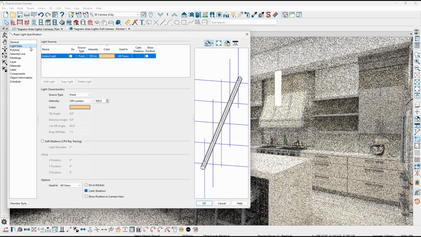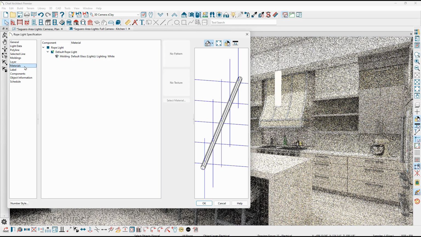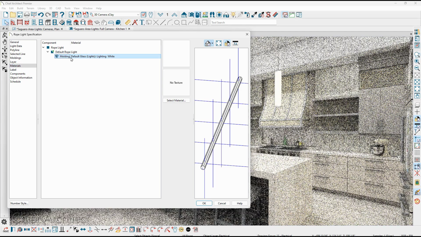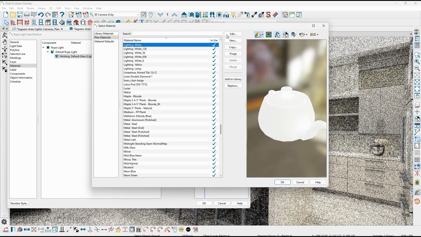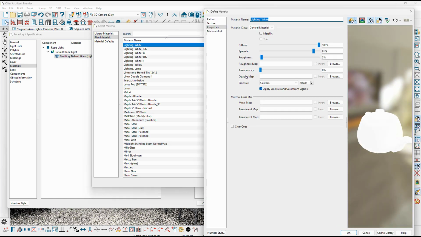On the light panel portion for this rope light, you can see that the added light intensity is again set to 500 lumens, and then I have the color set to this orange material. If we go over to the materials, you can see that it's using the lighting white. Remember, when we went into select material, the lighting white material is actually using the setting Apply Emissive and Color